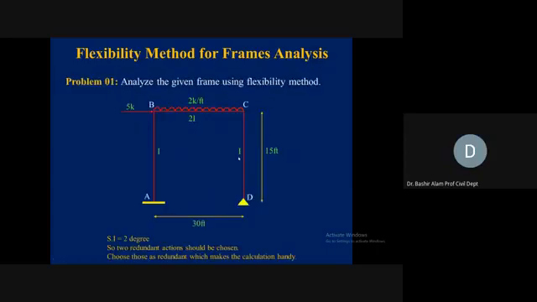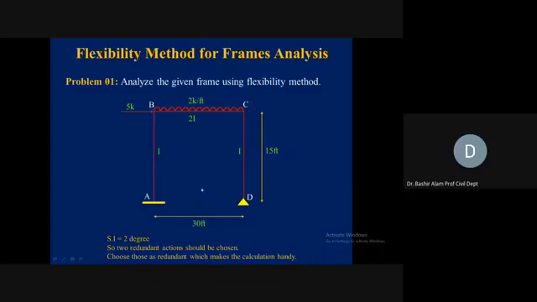So we start with a problem now. Problem number 1, which is on frames. It's a 1 bay 1 story frame. Starting from the left side, the bottom left support is support A. Joint B, above this, and to the right, we have joint C. And at the bottom right, we have joint D, where we have a